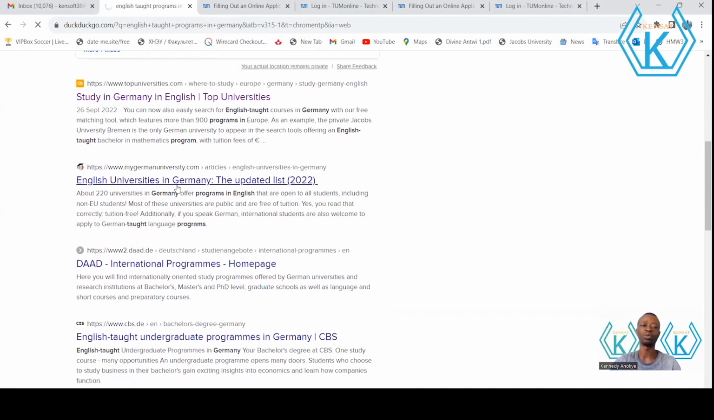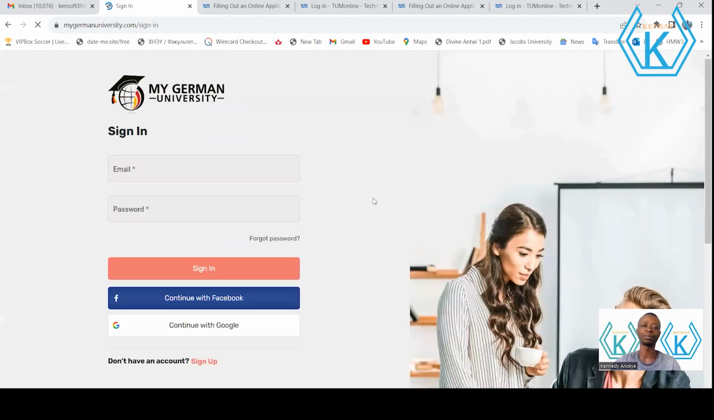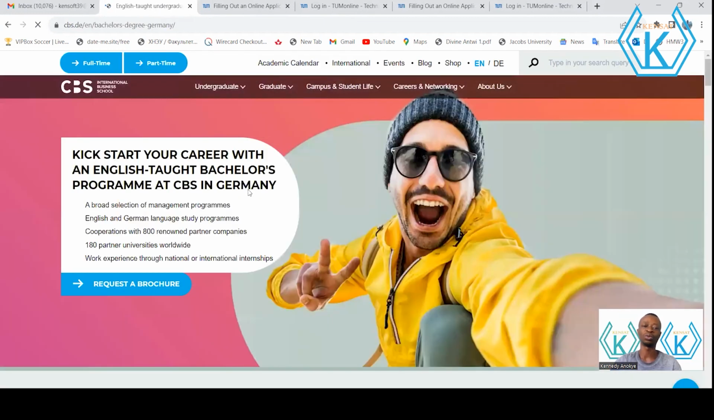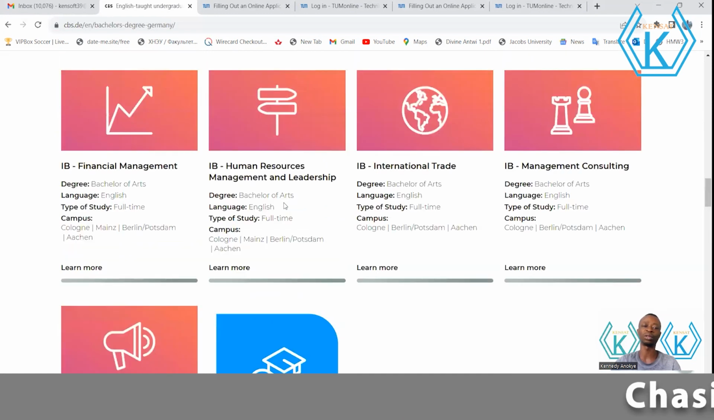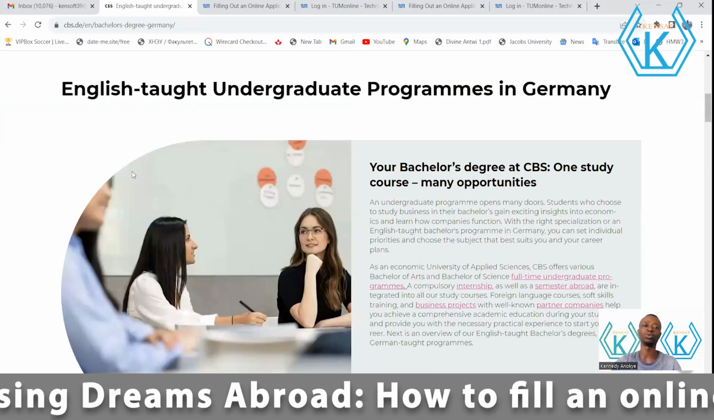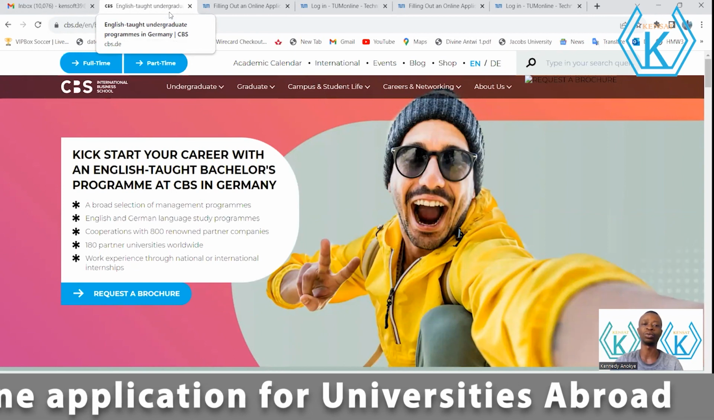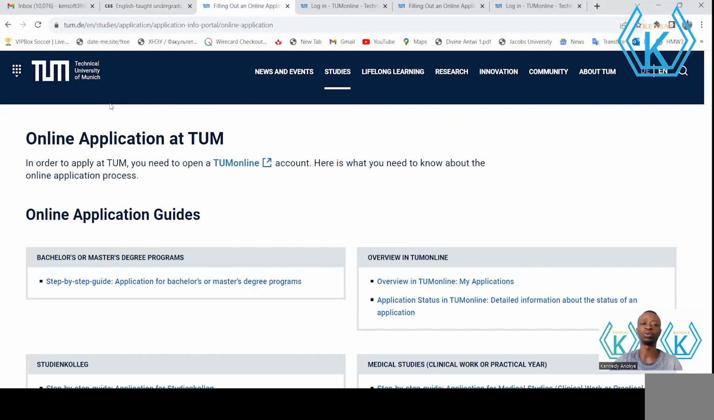So when you go to this, you see the universities there. You see all the universities that have English programs. So you go through and you select the one that you want. But as we have already gone through that, let's go through quickly how to do the online application. So let's assume that we choose TUM,